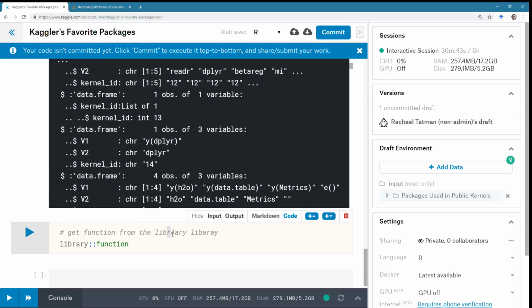So they're included in this list, they have an entry, but because it's empty, we're just adding this kernel ID column to it, and it doesn't have the first two columns like the rest of them do.